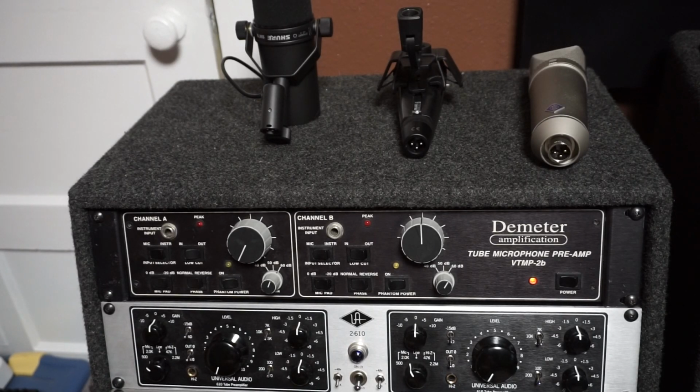Hello, everybody. This is my review of the Demeter VTMP-2b. Right now, what you're hearing is an SM58 going basically straight into a 16 by 16 Pro Tools